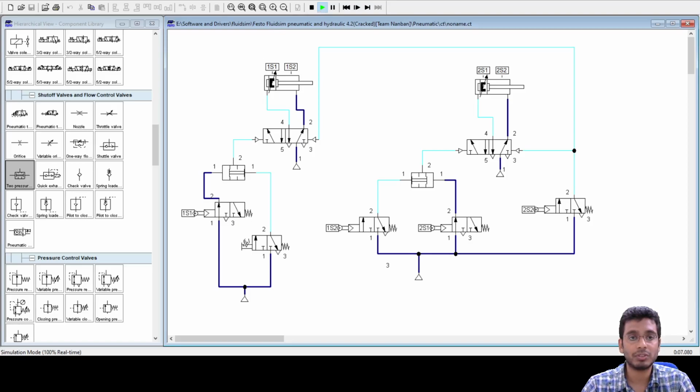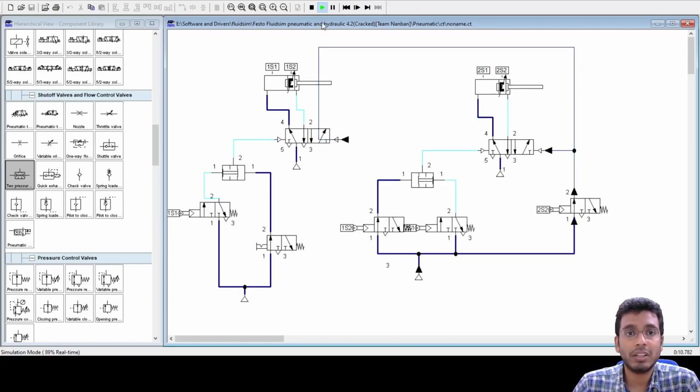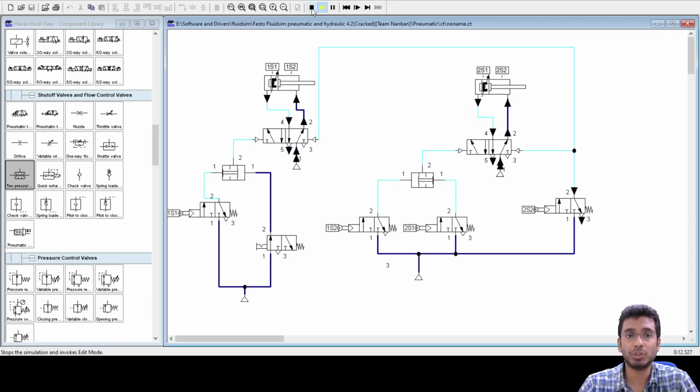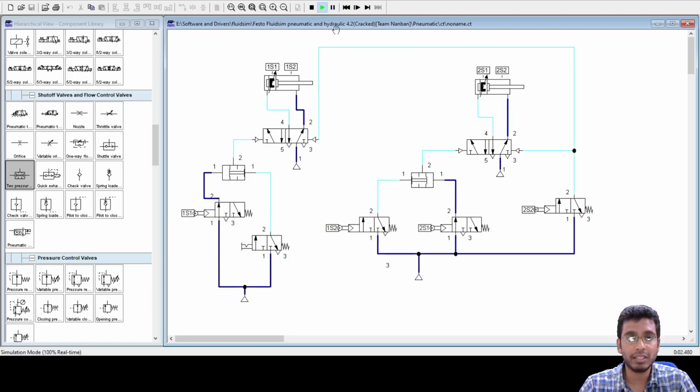Fine. So okay, it's working, it will continue to do this. See, let us do it in a slow manner, step by step. So I first play, and then see when I press this switch. Initially, since my 1S1 valve is there, only this is triggered right now. So until I press this switch, I will not get an input here to extend this cylinder.